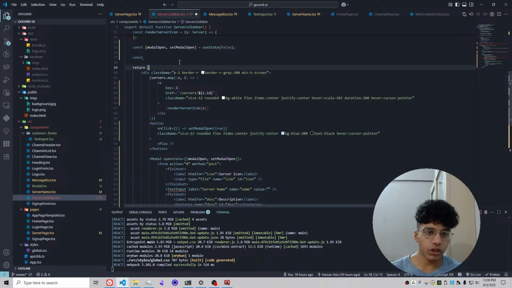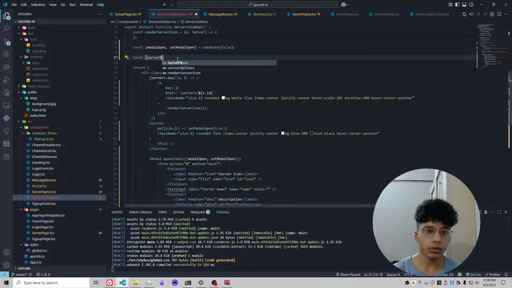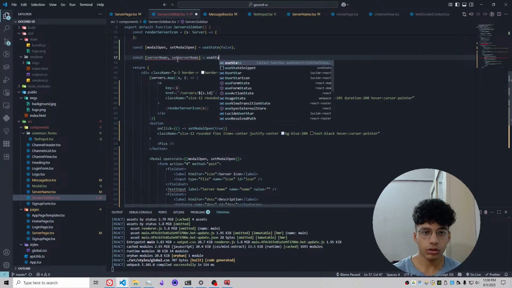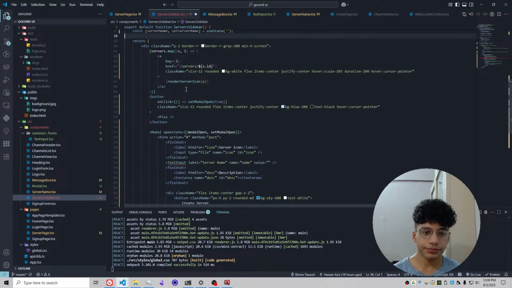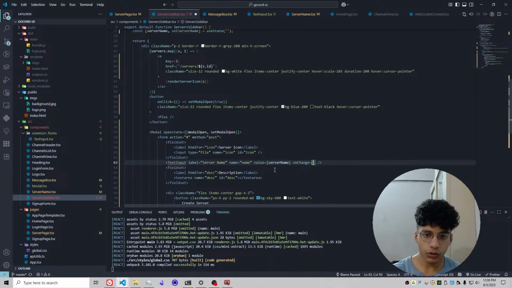So we need to create state over here. This will just be the server name and set server name. And obviously it's a string. So the value over here will be server name, and the on change will be, we get the event handler,